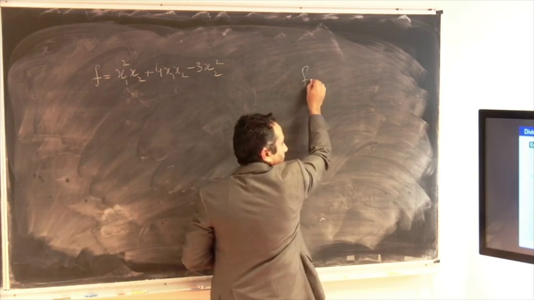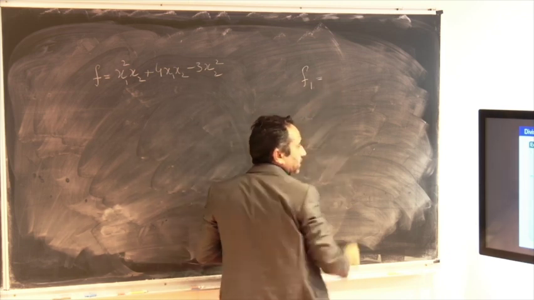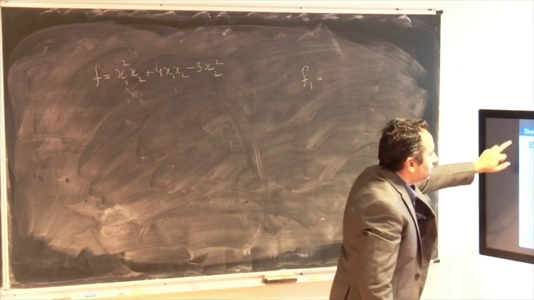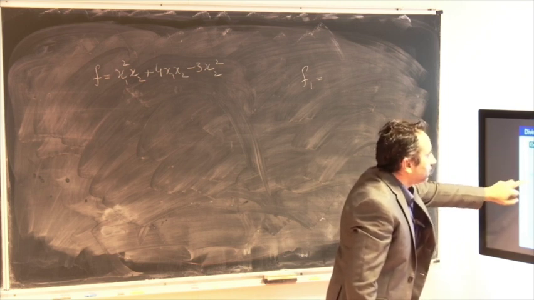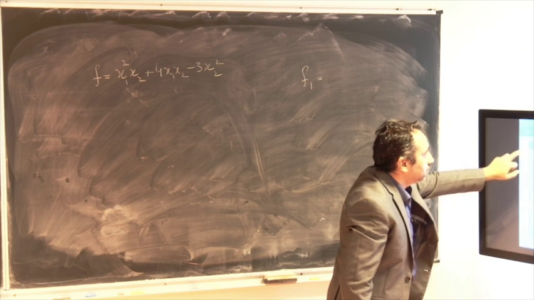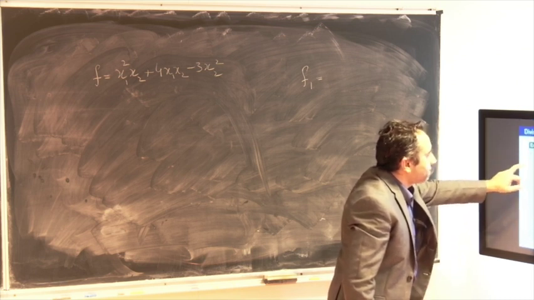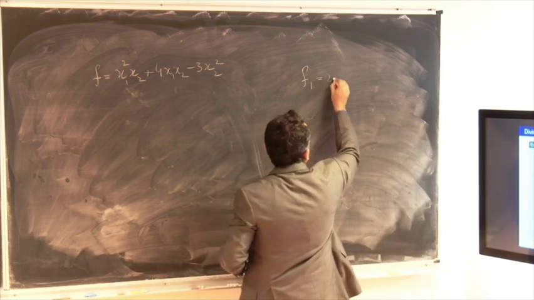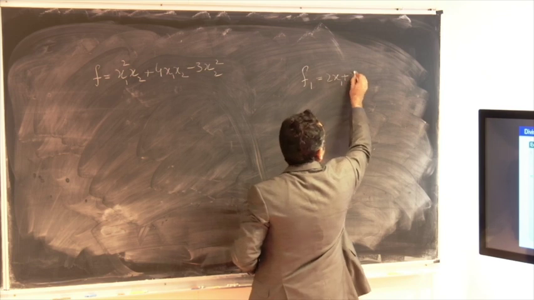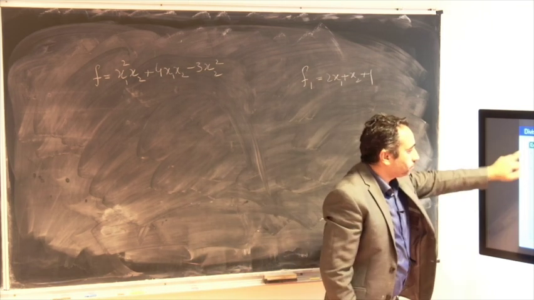F1 is, I think this example contains only one polynomial, that's okay, that's fine. So F1 is equal to 2x1 plus x2 plus 1, and